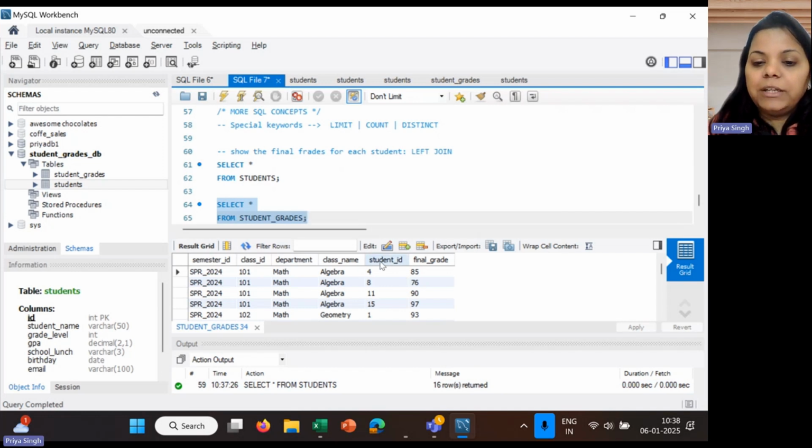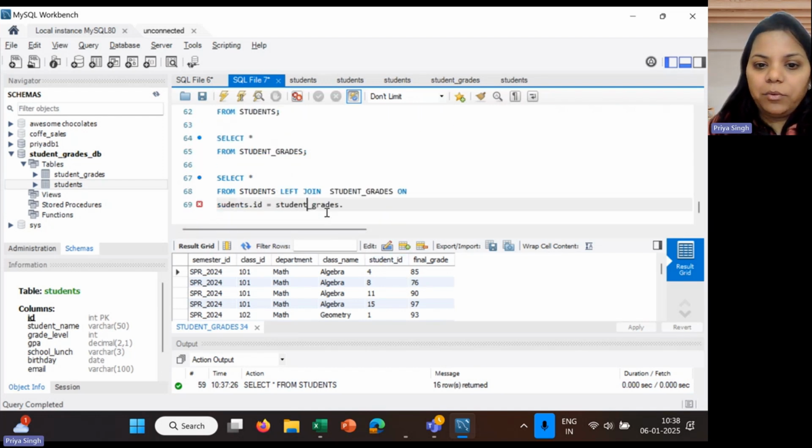So joining on student ID. So this is the column name on which you are joining because these two columns are common. Okay, now if you run this,